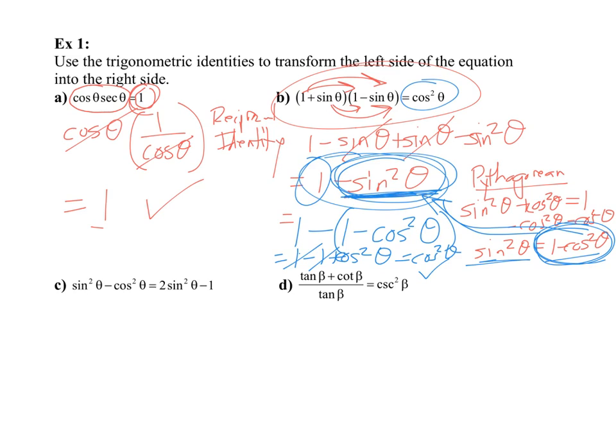For part C, notice that we have squares here again, and we're going to possibly use the Pythagorean identities here, typically when you're using a square. So I'm going to use the Pythagorean identity again. And notice that I have only a sine squared on the right side. So somehow I have to get rid of this cosine squared. So using the Pythagorean identity,